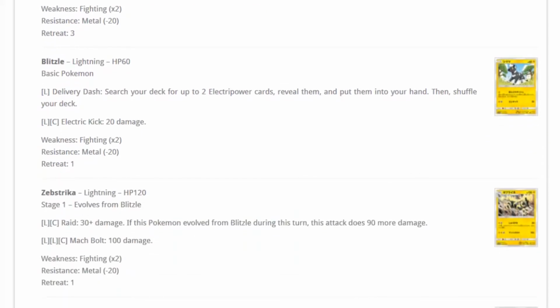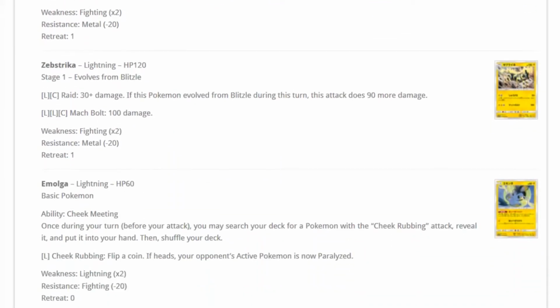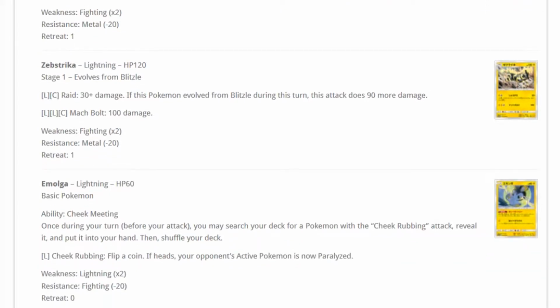Okay, so then we actually have a Blitzle and Zebstrika. The Blitzle actually finds 2 Electra Power cards and puts them into your hand with a 1 energy attack. Which I guess if you're running this kind of thing, then that's worth it. So actually seeing some half decent Electric type Pokemon these days. Nothing's gonna trump Zeraora though for me. So the Zebstrika has Raid, and you can do it for 30 damage, and if it evolved from Blitzle during this turn, it does 90 more. And its second attack for 2 Lightning and 1 Colorless does 100 damage. Not entirely sure it's worth it, but